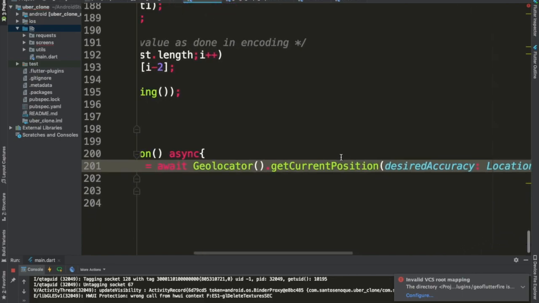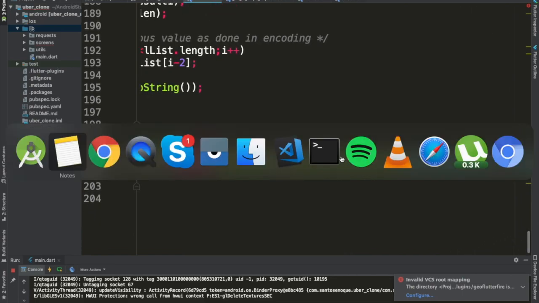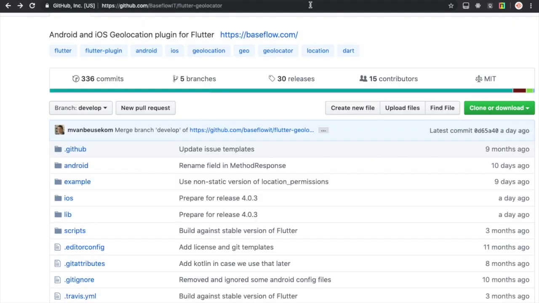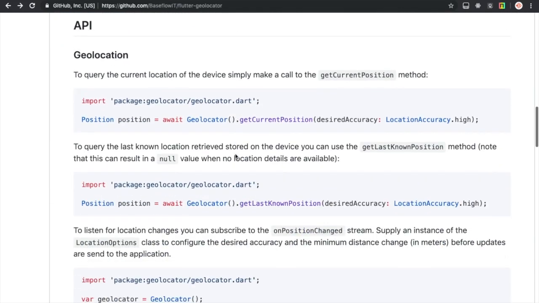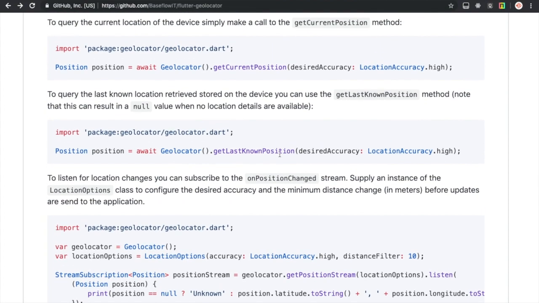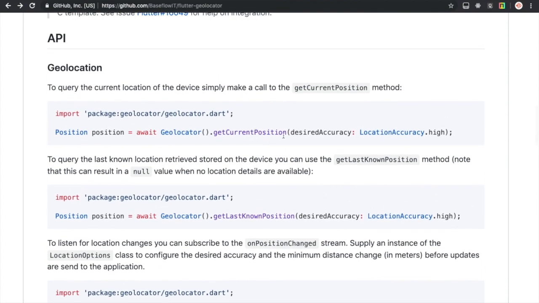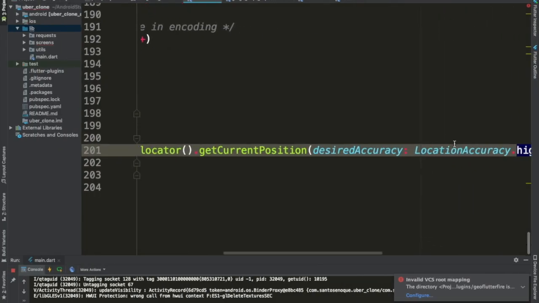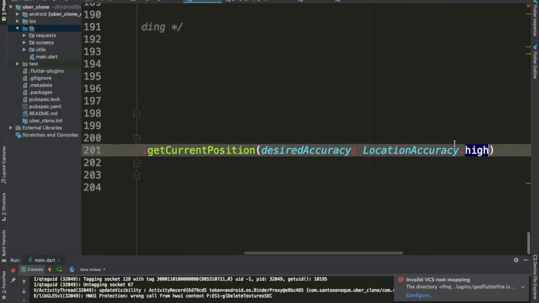If you go and read the documentation for the Geolocator, you have this information on how to get the user location. This is the code, desired accuracy high, and you have different parameters. You can go ahead and read the documentation for that. So we have here that we want our desired